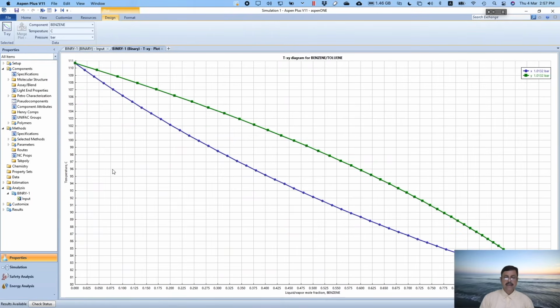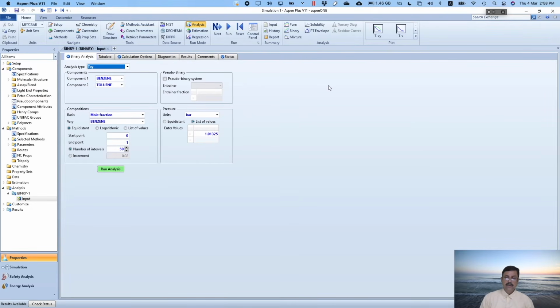So this is the TXY diagram for the benzene-toluene system at 1 atmosphere. Okay. So at different temperatures, the values of X and Y will differ. So this is the X diagram and this is the Y diagram. So this is the bubble point and this is the dew point. Bubble point curve and dew point curve. Now go to the plot